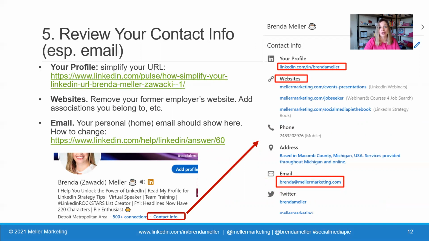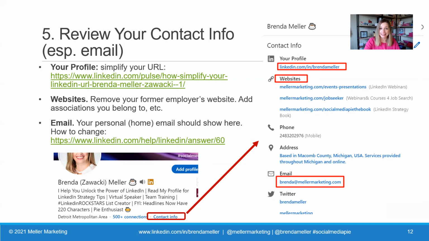And we also want to make sure that your contact info is accurate. So when you go to your profile in the desktop at the very top, it's going to say contact info. It's a little blue link. Click on that. Very first thing is just review it. Make sure everything is accurate in there. Check the links, actually click on them and make sure everything works. If you have a URL on LinkedIn that ends in some alphanumeric characters, it hasn't been simplified yet. You can simplify that if you follow my instructions on screen. I walk you through that process step by step.